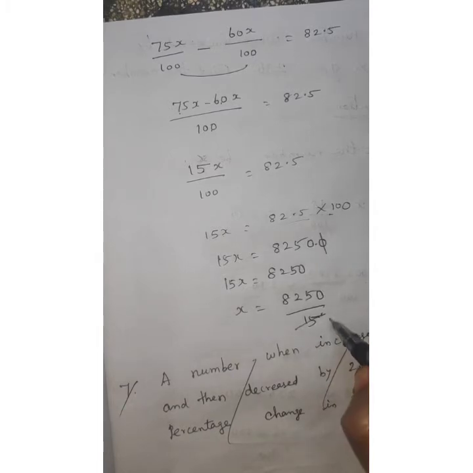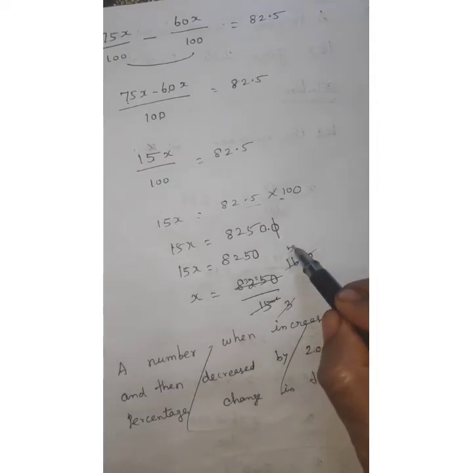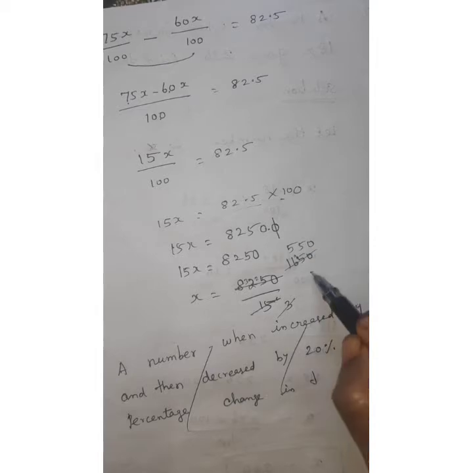Strike out the number. Fifth table use and cut. 3 5s are 15. 1 5 is 5. Remaining 3. 6 5s are 30. Remaining 2. 5 5s are 25. 0. Again strike out the number. 3 5s are 15. Remaining 1. 3 5s are 15. 0. Our answer equal to 550.